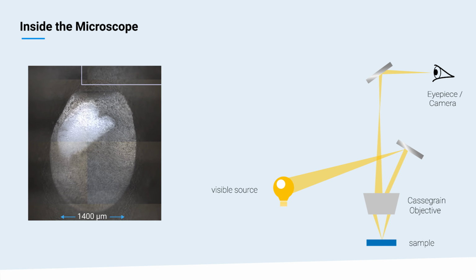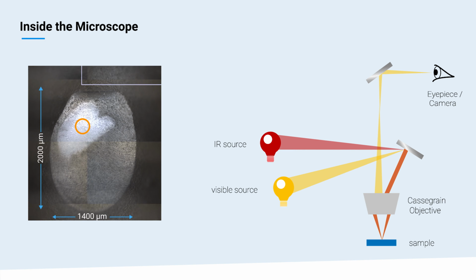Now that we can see our sample under the microscope, it's time to do the FTIR analysis. This lighter region on the sample corresponds to some contamination, so we'll select a point in this region to analyze. Our sample needs to interact with the IR light for the FTIR analysis, so the IR light will now travel through the microscope to the sample in a similar way that the visible light did. The exact way the IR light travels through the microscope here depends on the measurement technique we use, that is, transmission, reflection, or ATR. For this sample, we'll use ATR because it offers very high spectral quality.